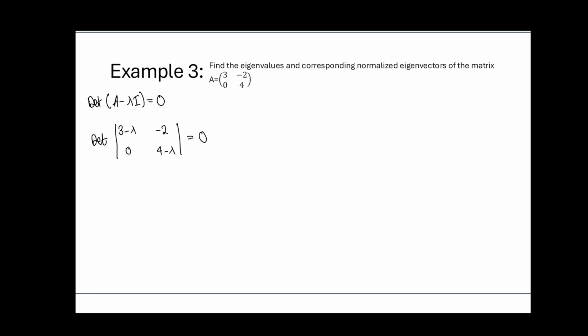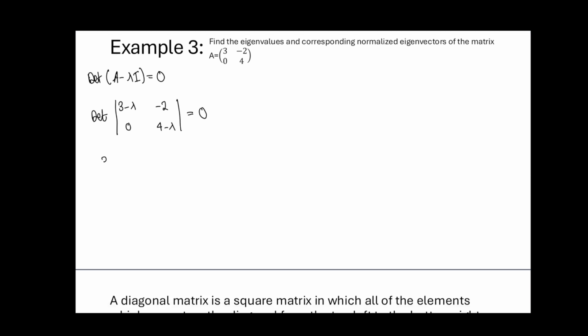Hopefully you can see how I got that. If we work out the determinant now, we have (3 minus lambda)(4 minus lambda) is equal to 0. Therefore, lambda is equal to 3, lambda is equal to 4. If we work out the eigenvectors, so the eigenvector when lambda is equal to 3, we will get